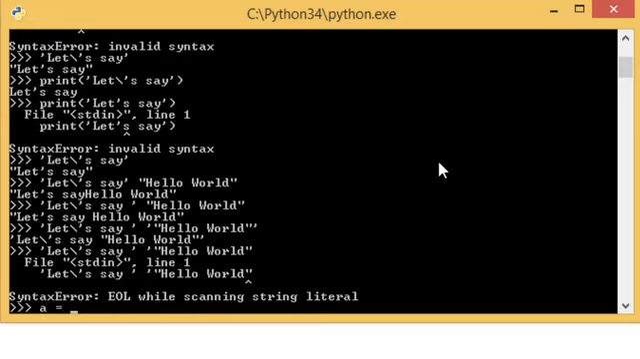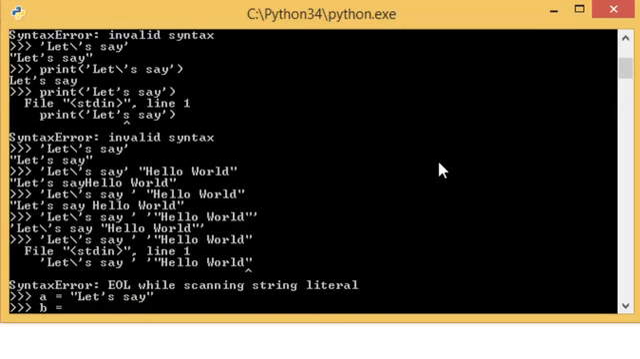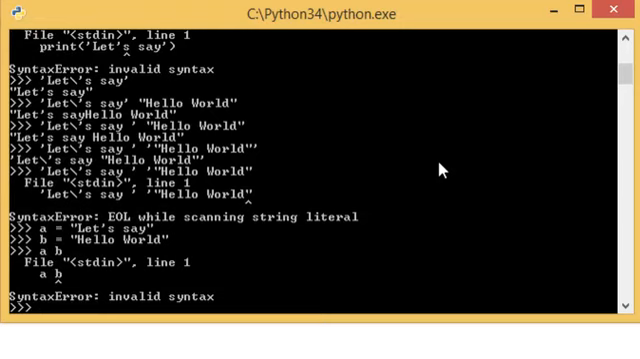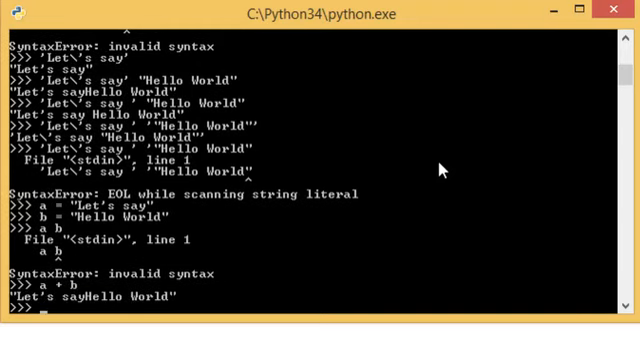Let's say a is equal to let's say, and b is equal to hello world, and we just write down a and b. It won't work because it does not know what to do with these two variables. For it to know, we need to give it a specific instruction as to what to do. We need to write down a plus b, and at that point it will give you out the statement as